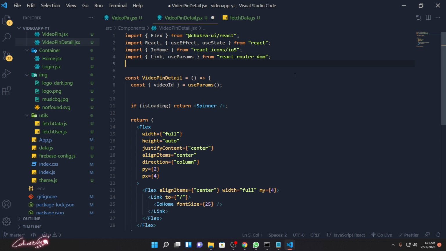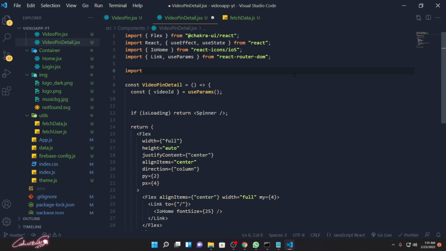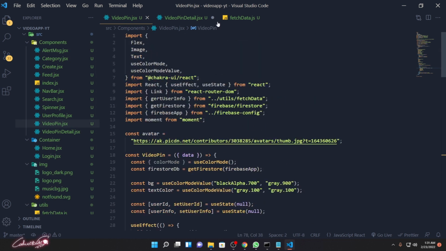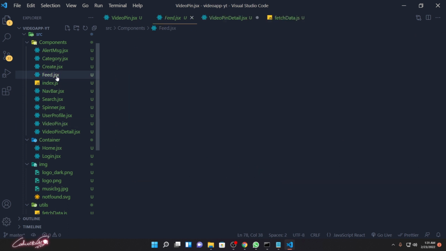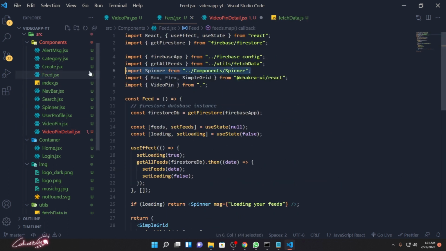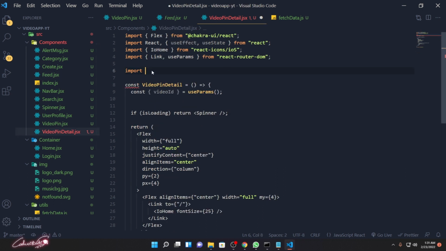Spinner. Import. Where is the spinner? Where am I having the spinner? Feed. Yeah, here it is. Copy this, go back to here, paste it, copy this name over here, and let's